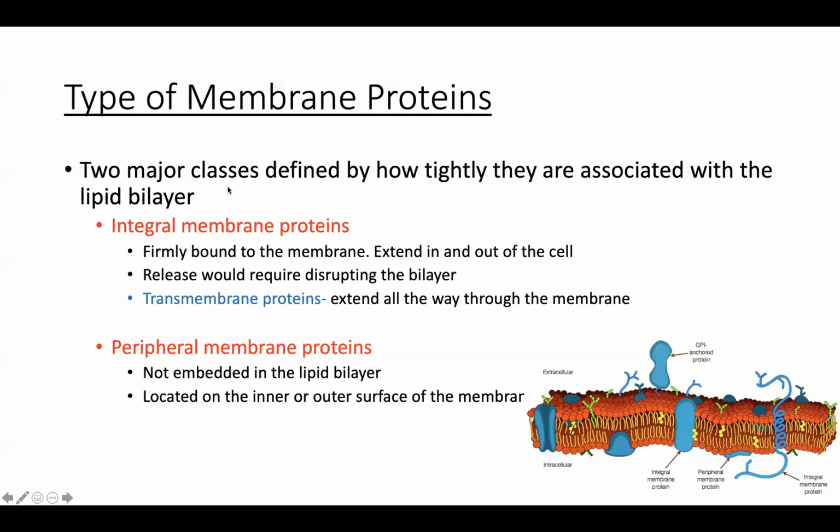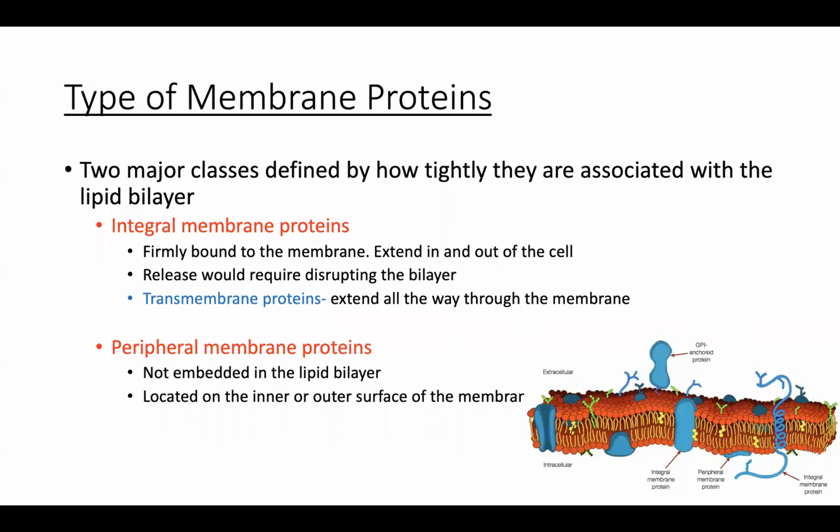So two major classes of membrane proteins based on how tightly associated they are with the lipid bilayer. We have integral membrane proteins, and then we have peripheral membrane proteins. Write those two terms down. You should definitely be able to contrast these types of proteins. If I showed you an image or a diagram and I asked you to identify which protein is integral versus one that is considered to be peripheral,